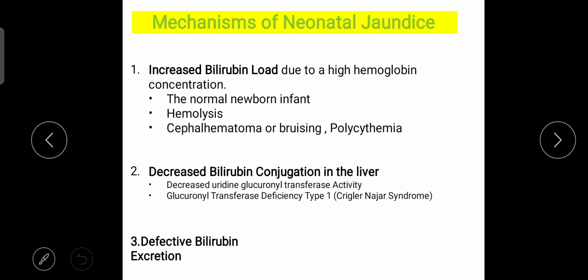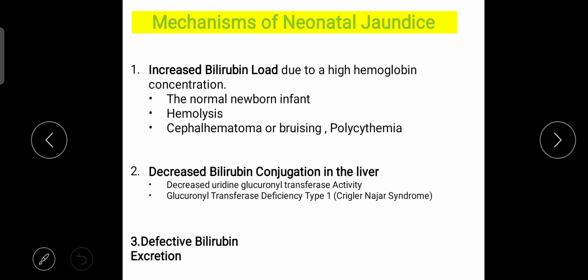When there is more hemoglobin concentration in the blood, it can increase the bilirubin level also. Mainly the normal newborn infant, hemolysis, breakdown of RBC, and cephalohematoma or bruise, that is a blood clot in the skull,